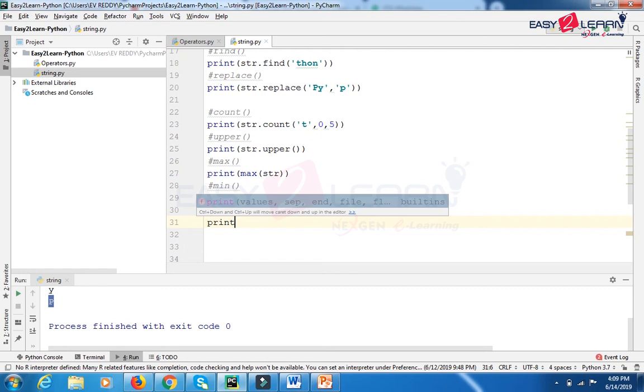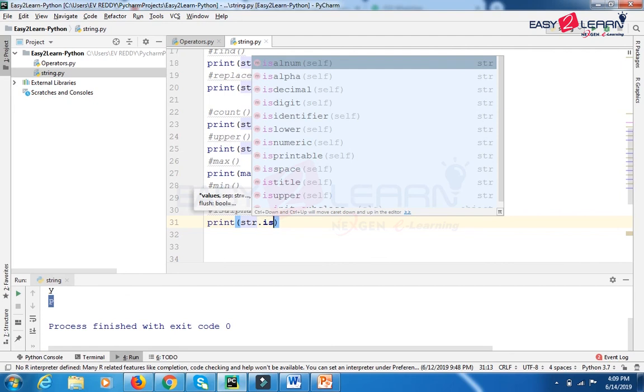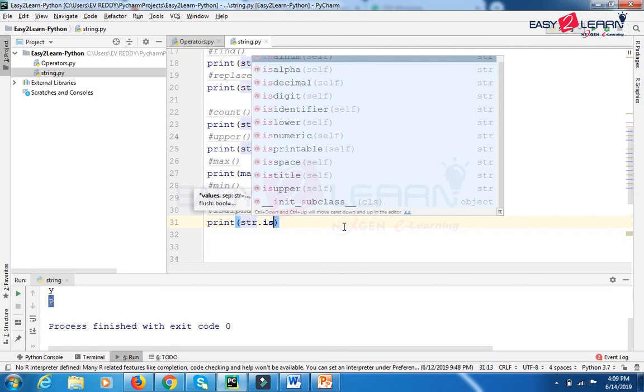And whether it is an alphabet or not. Yes, it is alphabet obviously, right? Whether it is numeric or alphabet, if you want to test it, use the method called isalpha. So I am using str.isalpha. And you can check whether it is alphanumeric or alphabet or decimal or digit or identifier, lower, numeric, printable, space, title, like this.